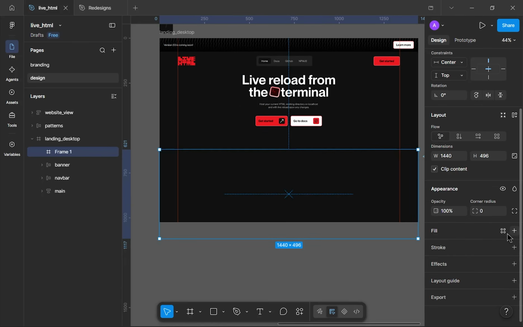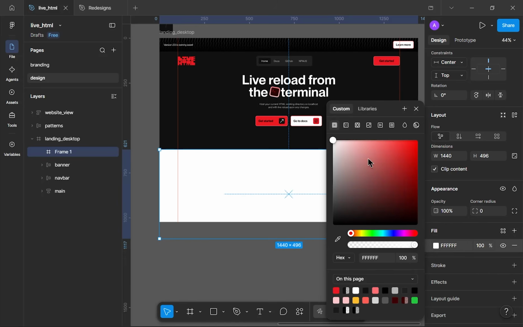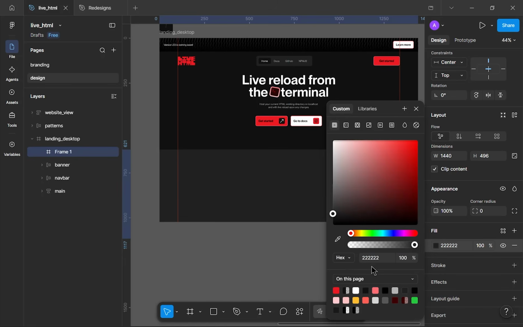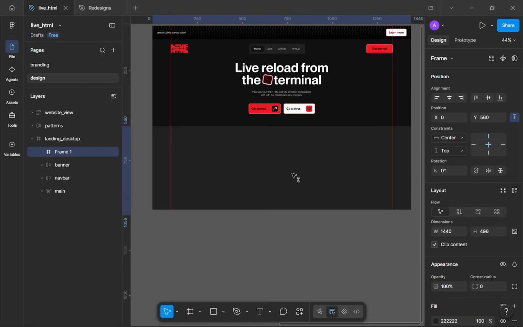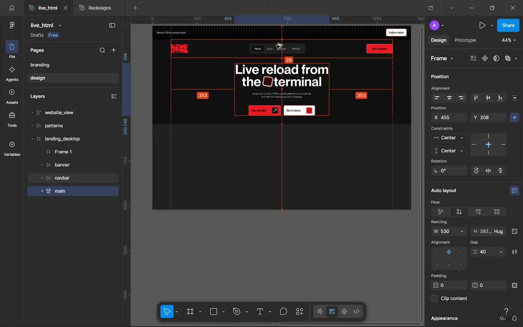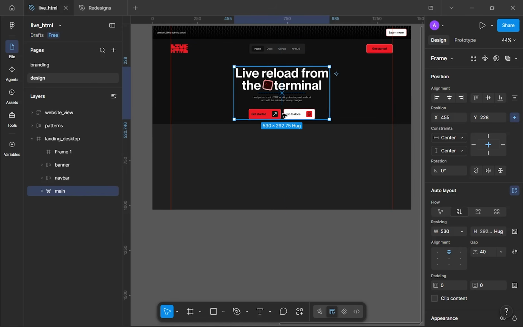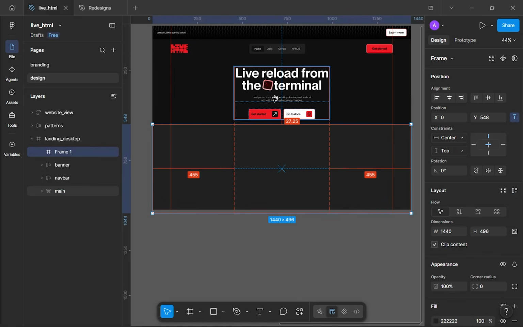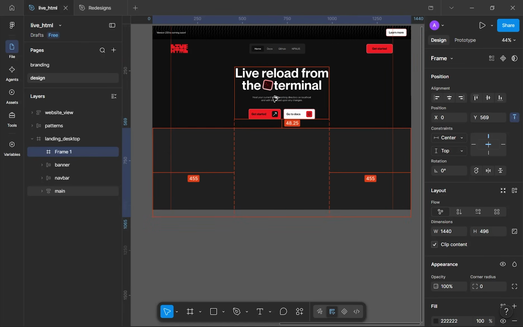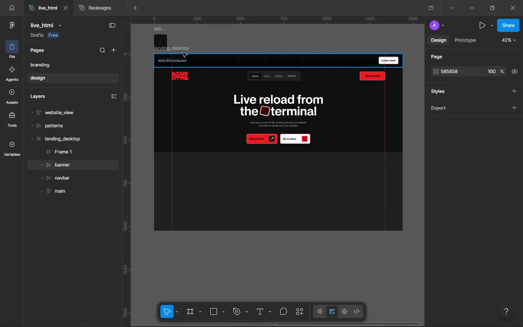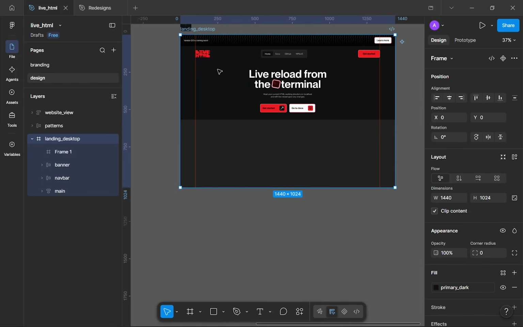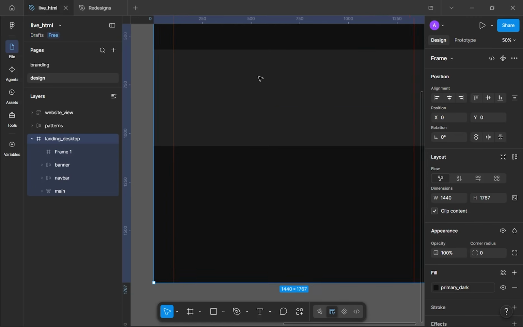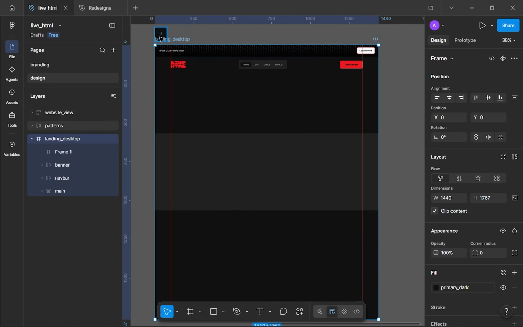page. Then the fill should be, let's make it 2 for now. It doesn't matter. We want to change it. Okay, from this point, let me just move this around. This should be maybe 48 pixels from the top. And this should be around the same, 48. But let me extend this so that we can view the whole thing. Now, if you notice that when I do this, when I resize the landing page frame,